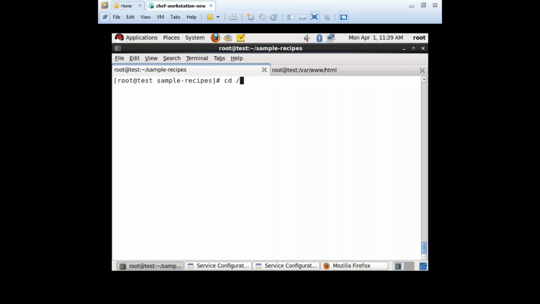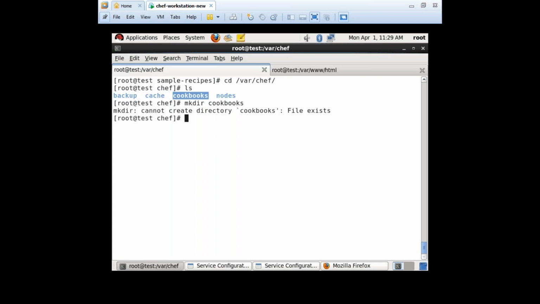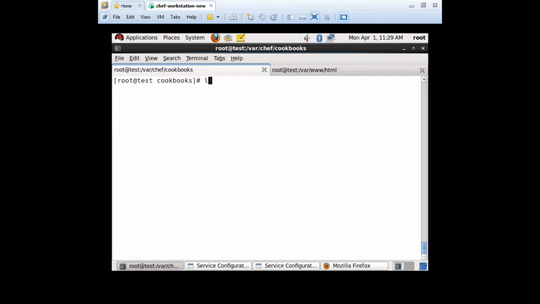So what is the path? Chef. That's your chef home directory. There you see a directory called cookbooks, but by default you don't see this directory. We need to make sure we create this cookbooks directory. Make sure you create the directory, and once it is created, go to cookbooks, and there we create cookbooks. Now, whatever cookbooks you create under this directory, these all will be considered as